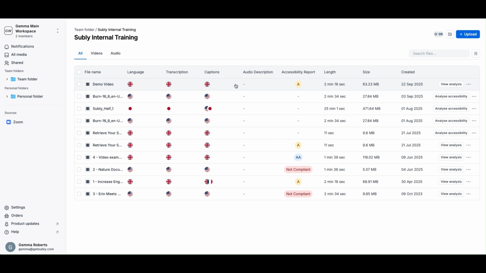The human eye can miss certain things, whereas Subly is all about creating a set of objective tests, and every video is going through the same scrutiny to understand where it needs to be improved and how well you're doing already. So yeah,